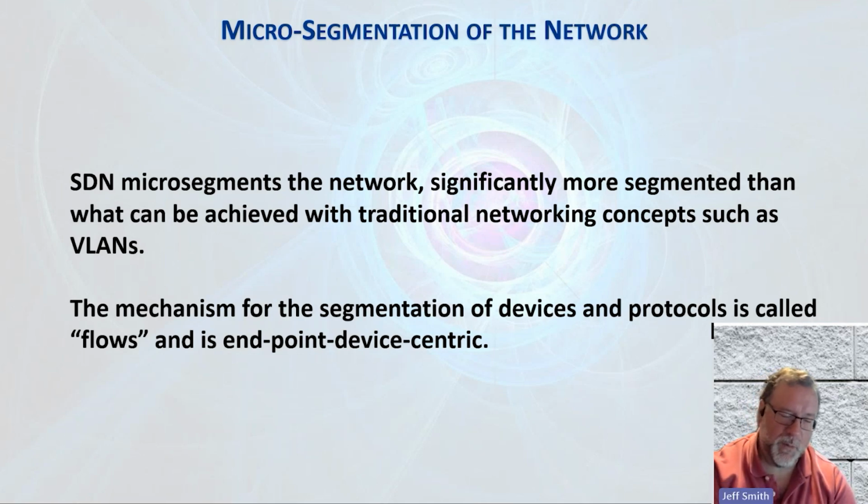It's a horrible analogy, but when you think of a VLAN as a virtual LAN and you use that to segment a network, think of flows as 10,000 small VLANs that are automatically managed by the controller. And that's really a bad analogy, and the more familiar you become with SDN, you understand that. But when you're just getting into it or trying to understand the paradigm shift in the way your head thinks about the network, that's an easy way to think about it. Each flow is its own piece of a communication between two endpoints.